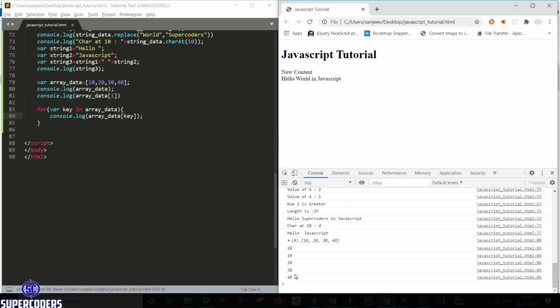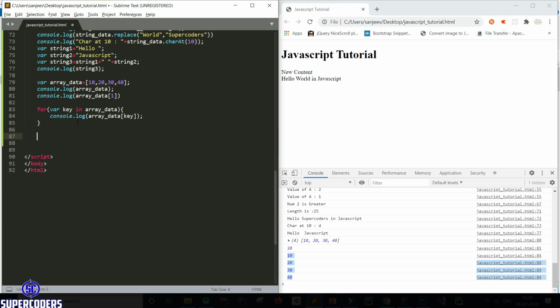Run. So you can see 10, 23. In this way you can create a for each loop in JavaScript, where key in data means access each element of the data. So we can access each key of the data here, then access the value of the data using that key.